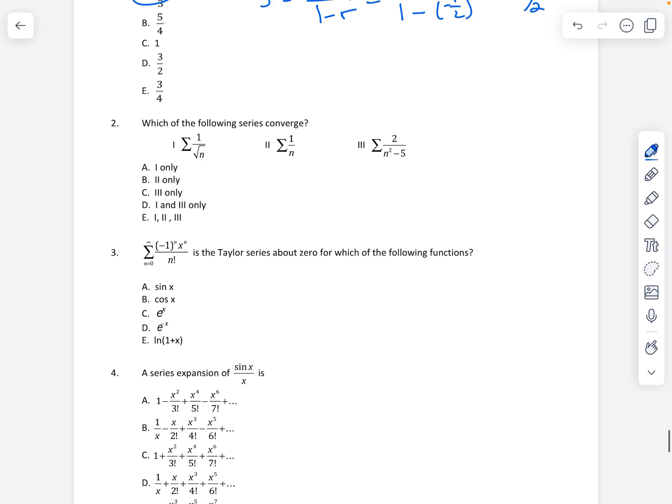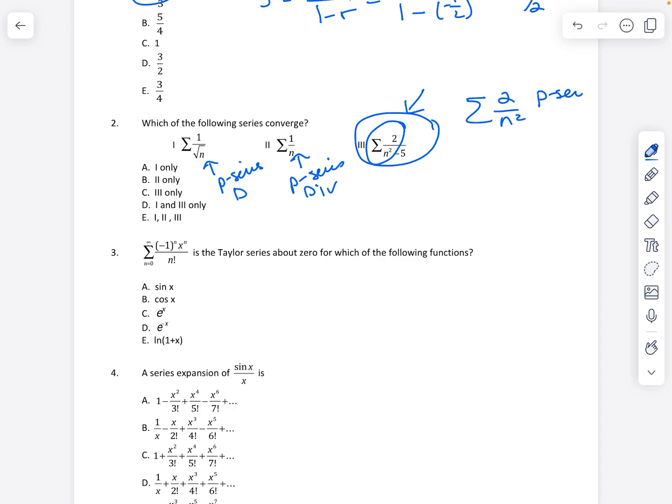Okay, which of the following series converges? So let's go, this is a p series, p is 1/2 here, so it diverges. This is a p series, I also know it diverges. Okay, this one is not a p series, but remember, anytime you have polynomials on the top and on the bottom, we could compare it to a p series. So this is a p series